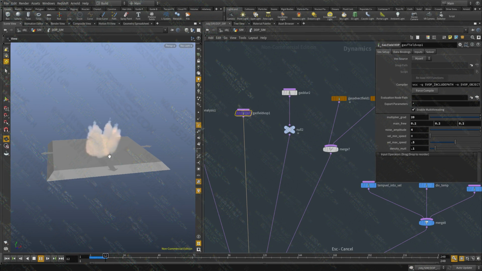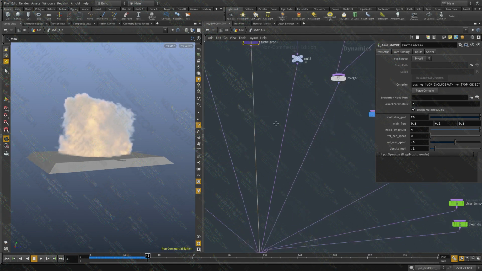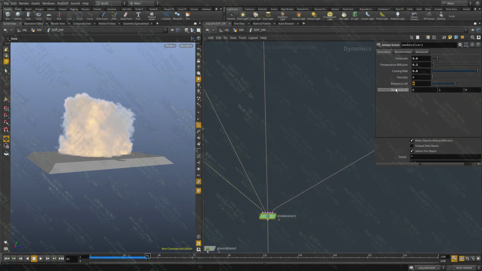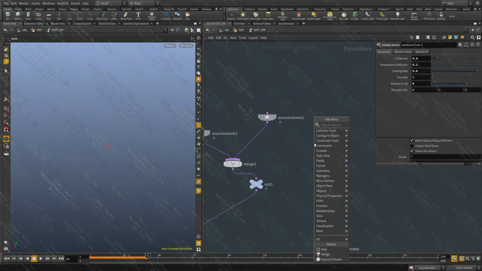Yeah, I like the expansion now. You can see it's been broken up a lot more. Yeah, this is perfect. So I'm not going to change a lot now. I'm just going to increase the buoyancy of the entire sim to 6, and I'm going to add a vortex confinement